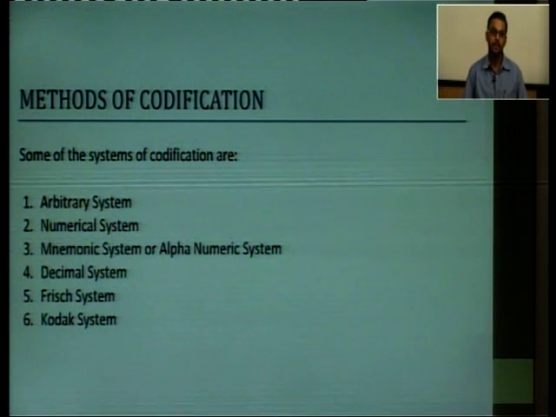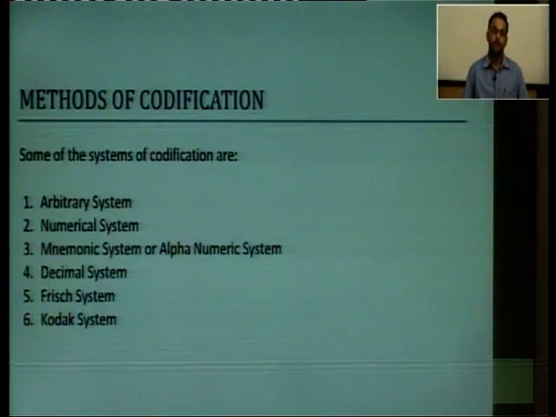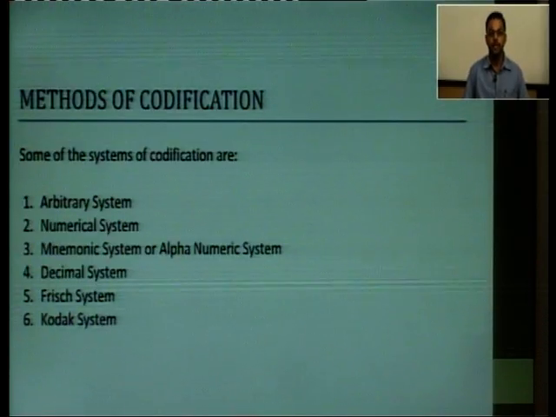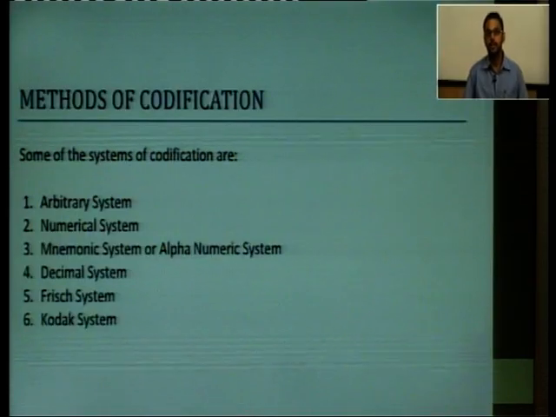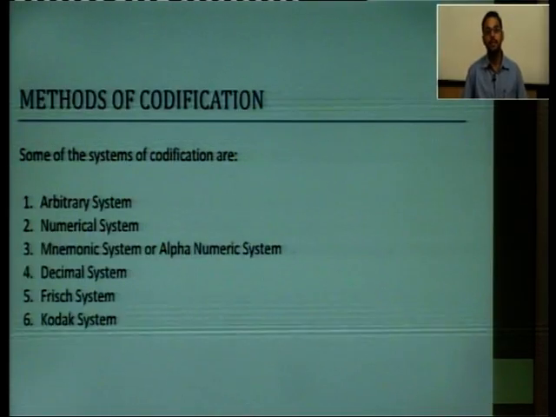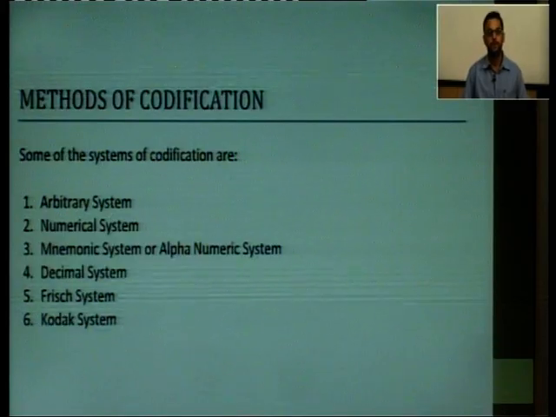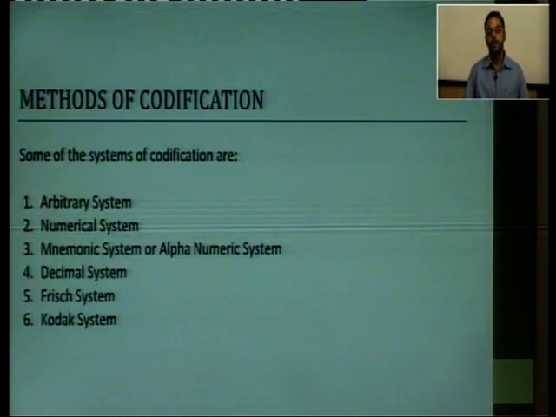In the decimal system, just like our other functions, barcodes and QR codes are there, and we are able to identify items in those terms. A QR code is one of the decimal systems in which the decimals are put in a square box, as you can see. We can even scan it with our mobiles also. So, let us now discuss the methods of codification in detail.